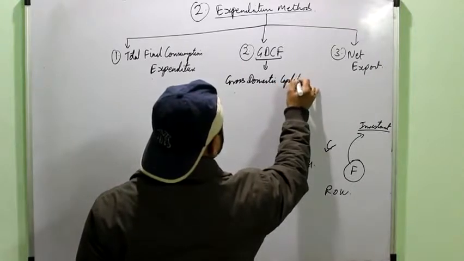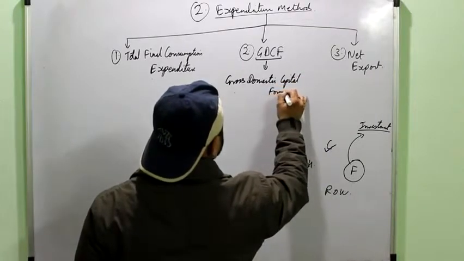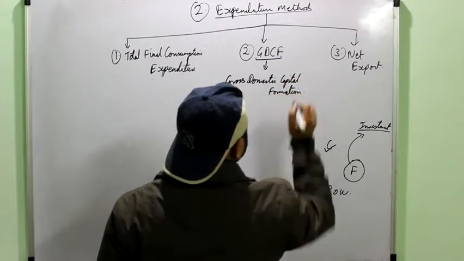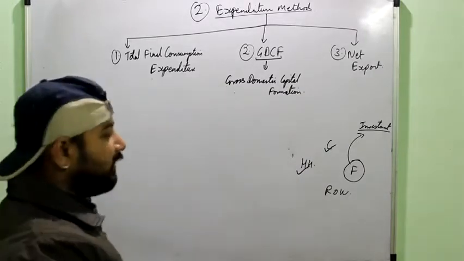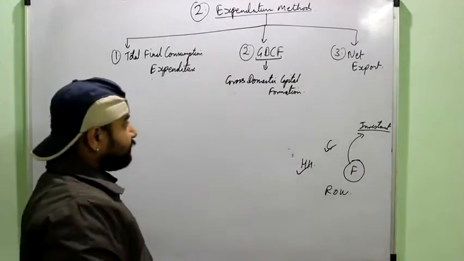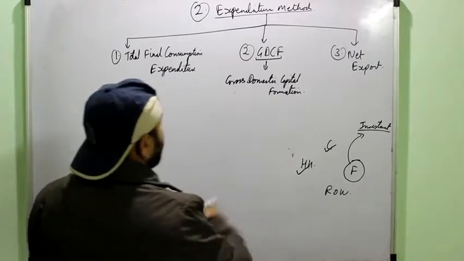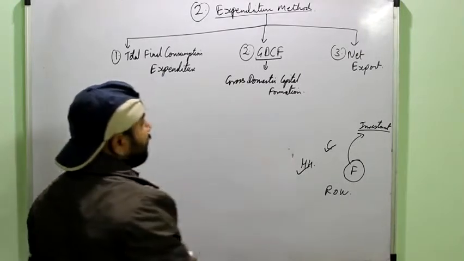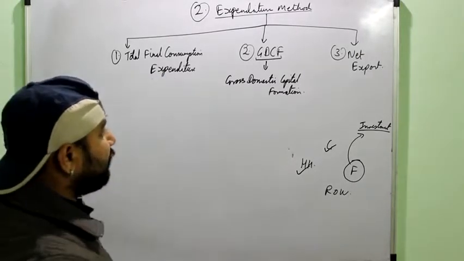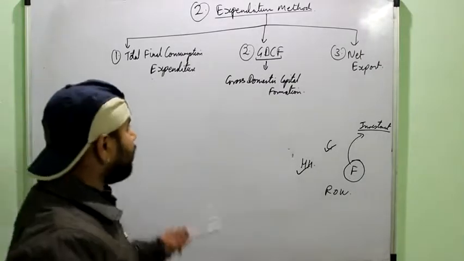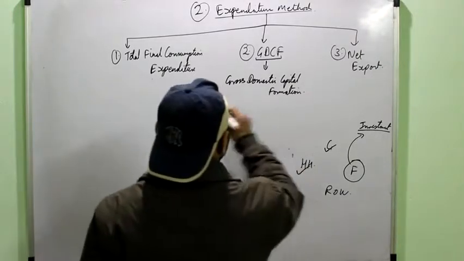GDCF is known as gross domestic capital formation. Capital formation, as you know, is defined as the increase in the investment. Now see what happens: sometimes this GDCF may be given to you directly, then it is not a problem, but sometimes